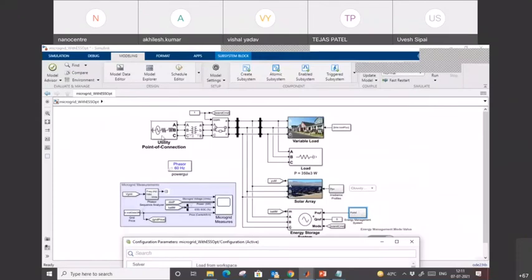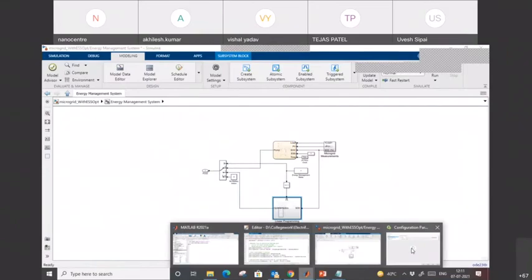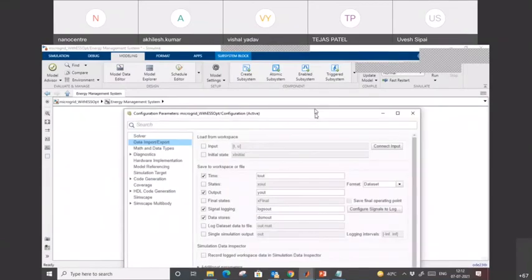Remember, we are not going to deploy complete things because these are the physical things. If I'm using the heuristic way, I am going to deploy this chart, or if I'm going to use the optimization, then I'm going to deploy this block only, right? The remaining we will remove from there.